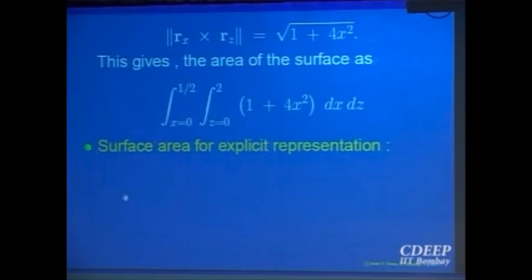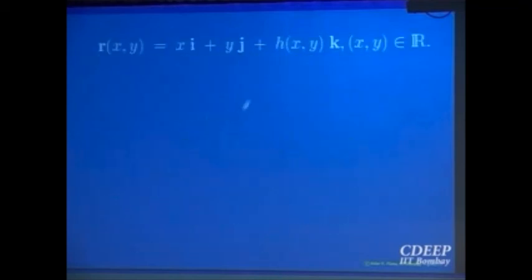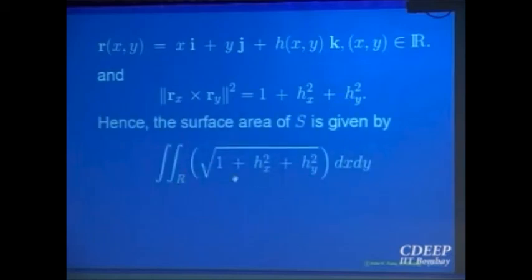So that was when an actual parameterization is given. Now suppose the surface is given in the explicit form z equal to f(x,y). Then we know a very nice parameterization: x, y, and z equal to f(x,y). So I can write the parameterization r(x,y) equal to x i plus y j plus f(x,y) k, and I will compute the normal and put its value there. For the explicit form, we have already computed the normal, so I have just written it again: it is the square root of 1 plus, and this is the surface area. Again, what is R here now?